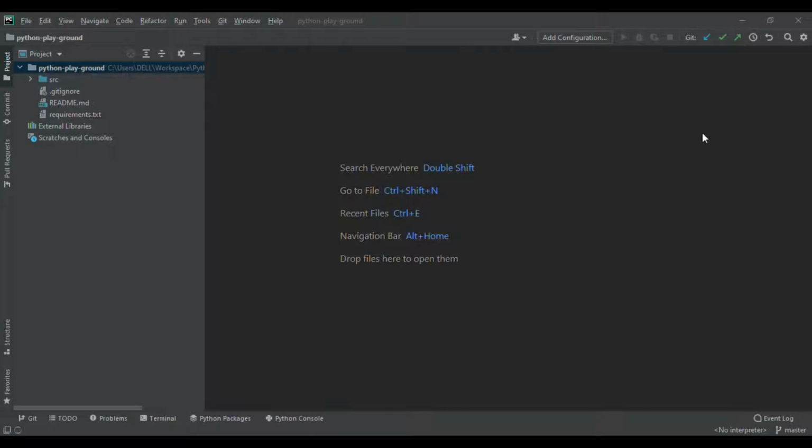I have not downloaded Python yet on my machine. Maybe that's the reason it is asking me to go with the web version of Python. Later I will set up a virtual environment. You can also use a Conda environment, which is the Anaconda environment.